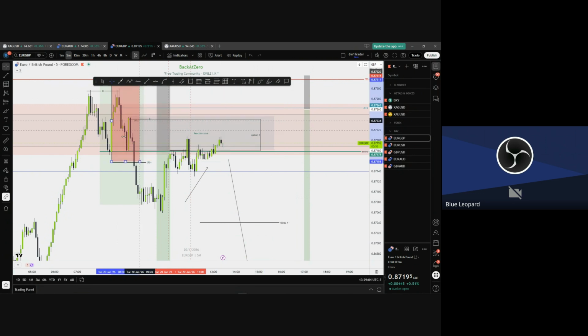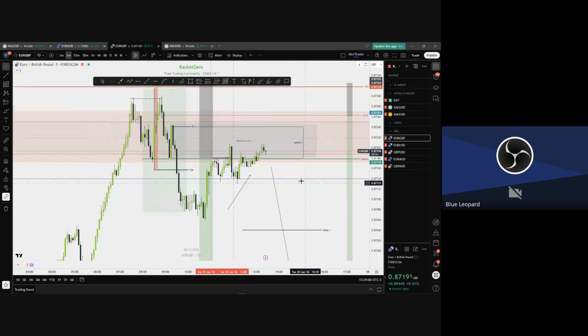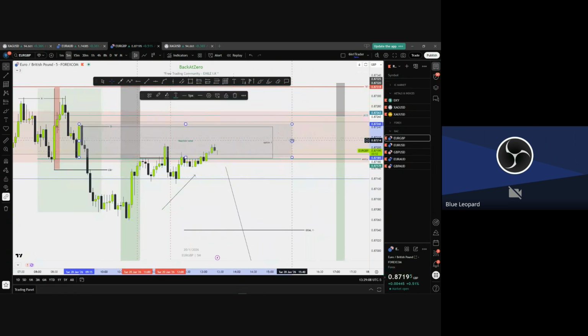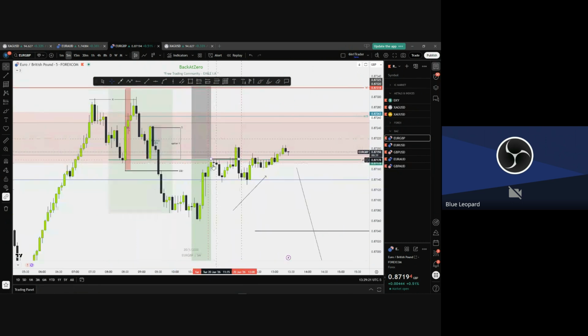Okay, I'm going to remove the sell. You already know this, but I want it to be clear so you guys can see. Okay, this is my reaction zone. Okay, you see this? The line here above this price action. Do you see how we swept?